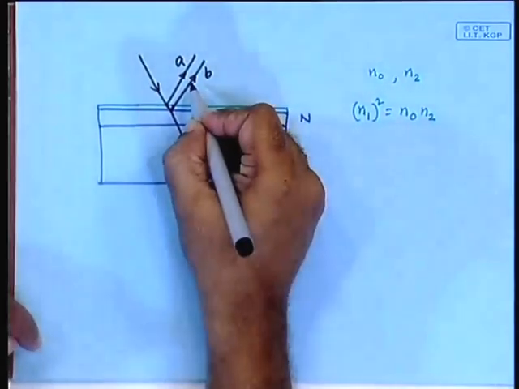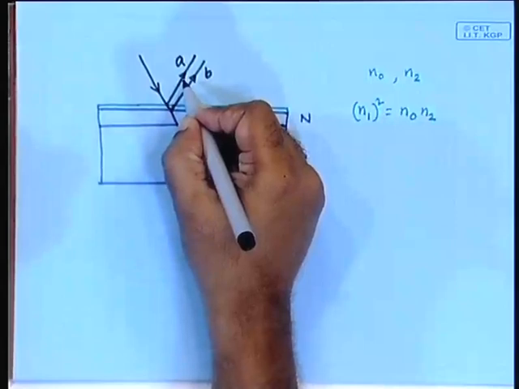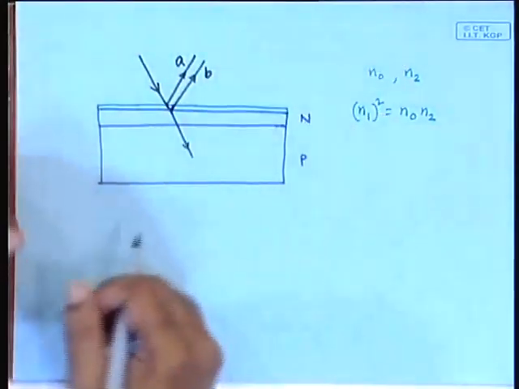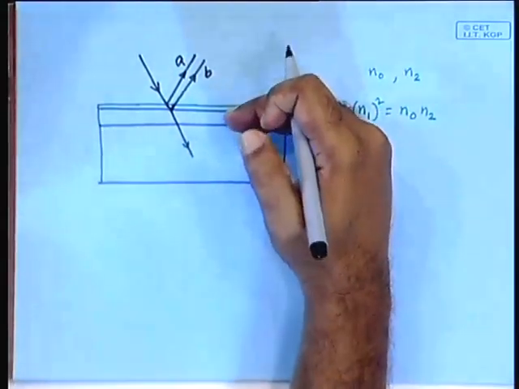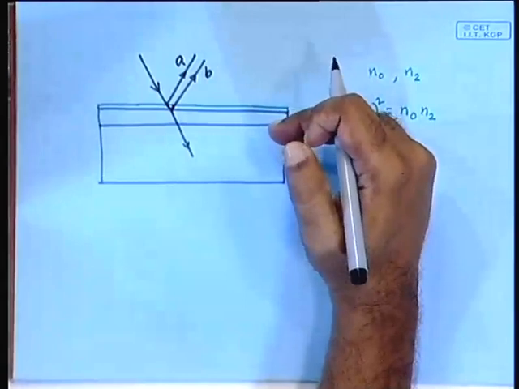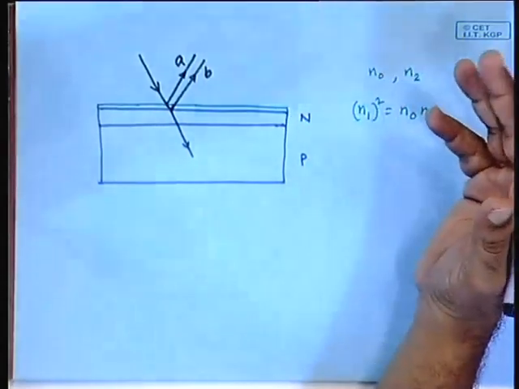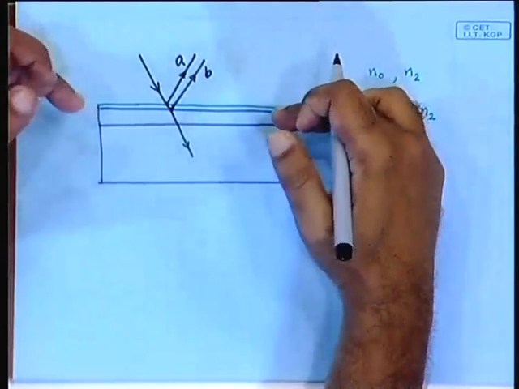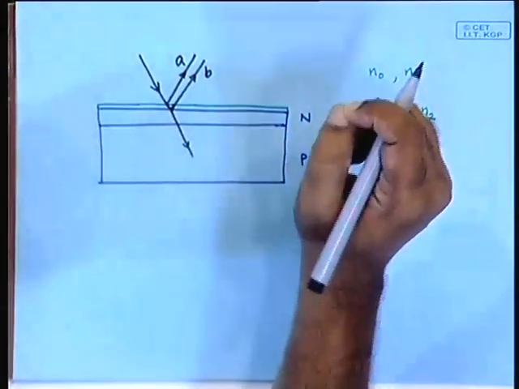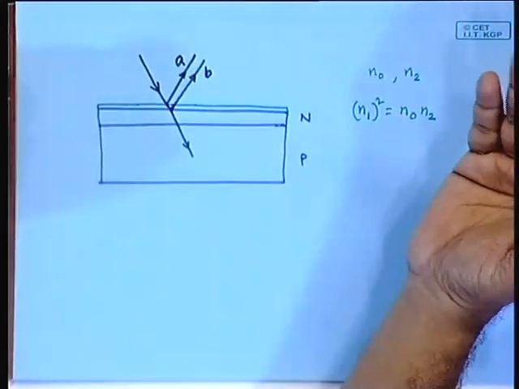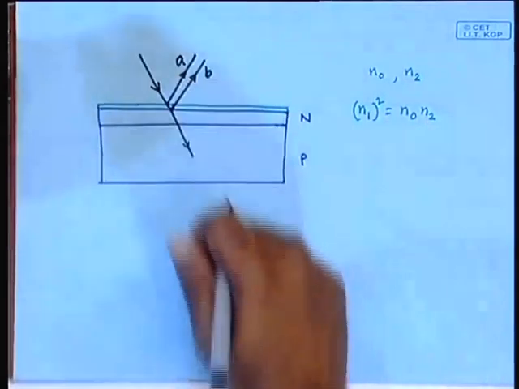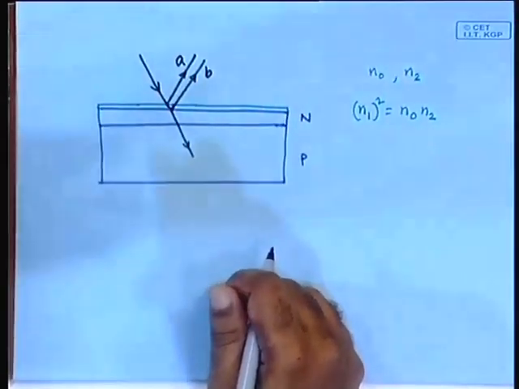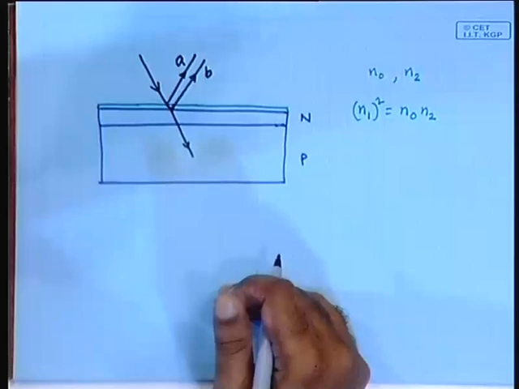When that happens, what will happen? These two guys will cancel each other. If that is so, the reflection will go down significantly. In fact, if you do not lay any anti-reflective coating like this, then as I told you, the reflection is of the order of 40%, while if you put this kind of a specifically chosen anti-reflective coating, it can be brought down to something like 6 to 8%, a large loss, large saving. The rest of it actually goes in. So, this is one way of cutting down the loss due to reflection.